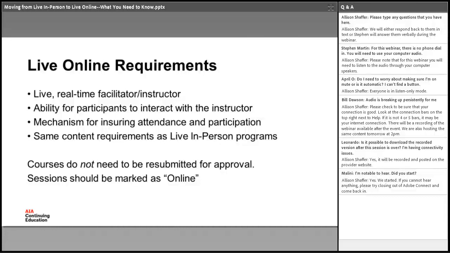In a live online course, you're going to be delivering over a medium like Adobe Connect or some of the other things we'll talk about in a moment. Your courses then do not need to be resubmitted for approval if you are moving them from being a live in-person to a live online. The same exact course can be taught, and it does not need to be sent out for reapproval or new